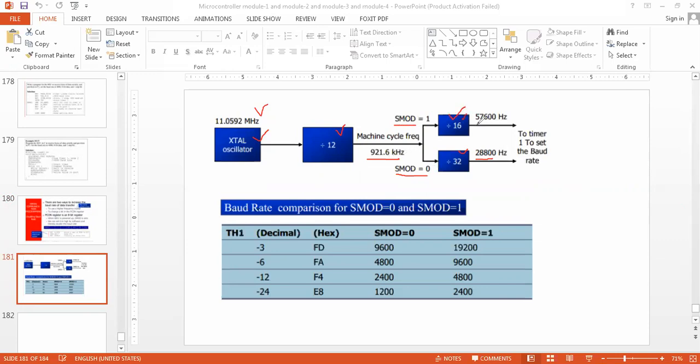So that is why I am getting 57,600 hertz. So what is happening is from 9600 to 19200, 4800 to 9600, 2400 to 4800, and 1200 to 2400. That is going to be doubled. This is during SMOD equal to 0, and this is during SMOD equal to 1.